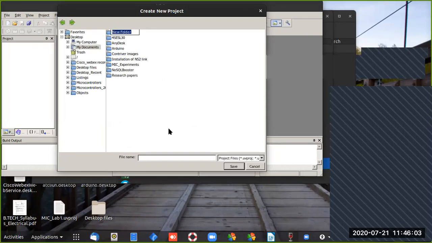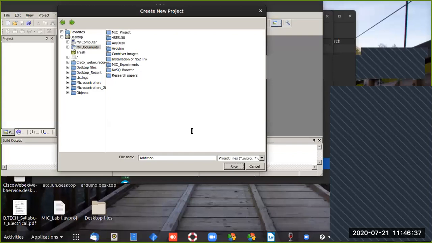So here I create the folder MIC projects. No necessity to give the extension here. It is a project name, and by default the project extension star.uvproj is taken by the system. So here I will give the name as addition. Then I'm going to save this.